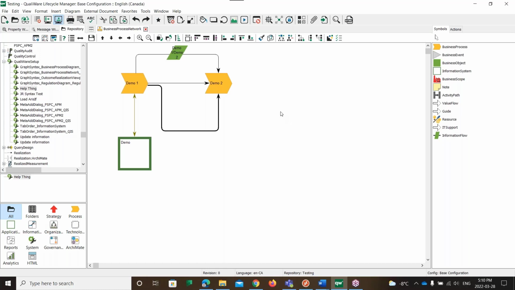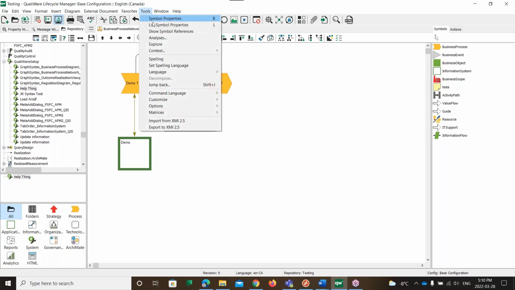Great, so today I am going to be talking about system parameters, which is a built-in function that QualiWare has. It is in QLM only, it's not on the web, but for some of the parameters you will see a result on the web, not for too many in my experience. But basically, the way these work, if you'll recall last QUG, we looked at the add dialog function, which created a QualiWare setup object, which created an extra dialog in a template. So this basically works exactly the same way,